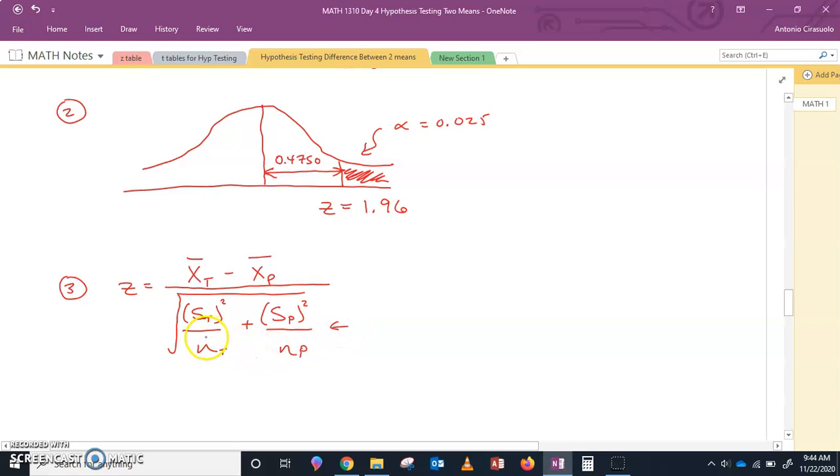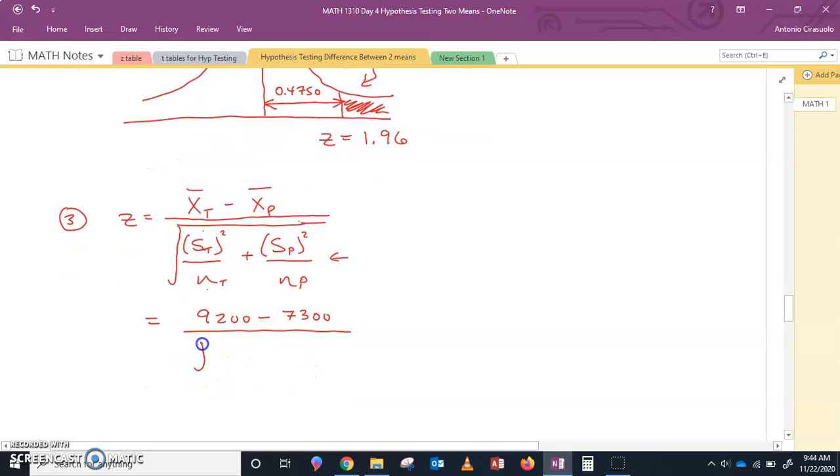Actually, it doesn't really matter if you add them in different orders. What's important, though, is that the standard deviation and the sample size correspond correctly. Now, based on this information, I have the following: 9,200 minus 7,300 all over